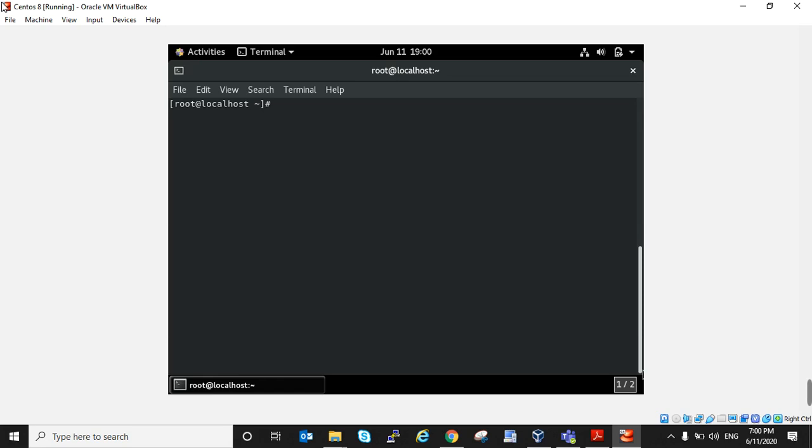Now I want to check my root user's current shell. The command is echo $SHELL. I already told you the default shell is /bin/bash, so that's why my root user is using the /bin/bash shell. The su command is used to switch the user, so you can also check my normal user shell. That is also the same, /bin/bash.